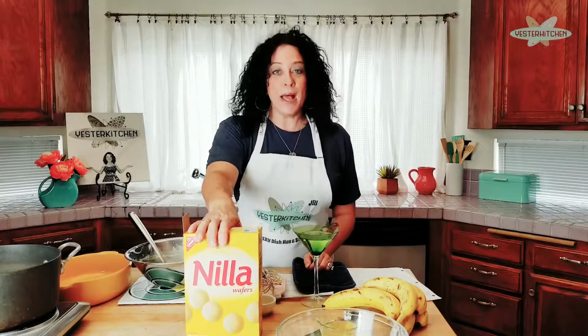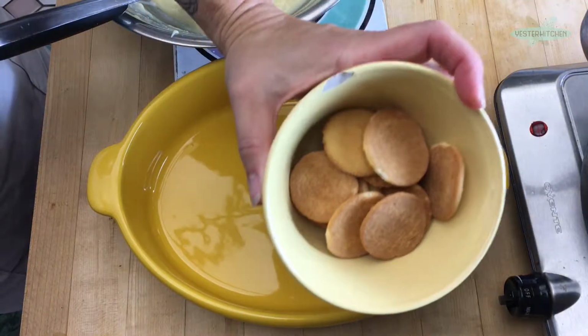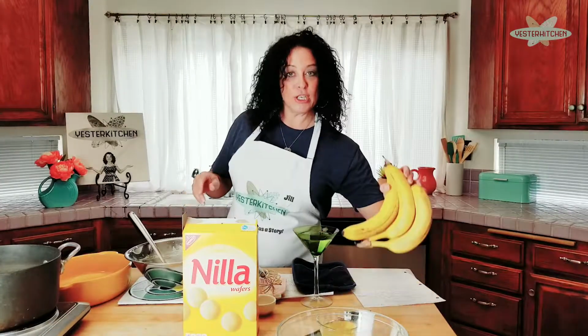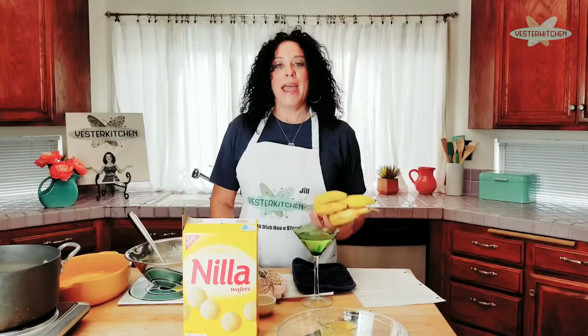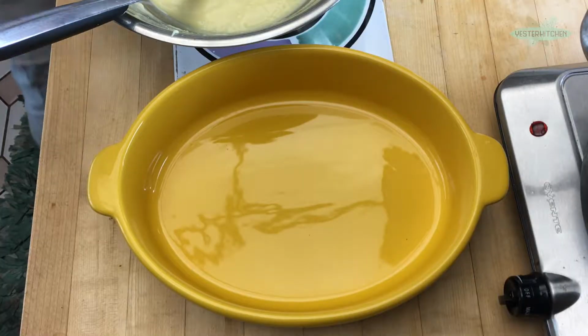So we have 1 box of vanilla wafers, and out of that I removed 12 because that's gonna be your garnish. And I have 5 bananas, and I'm actually gonna cut them as I use them for a couple reasons. First of all, they won't brown, and also in case I don't use them all, I won't throw away bananas because I'll have them in the skin. So what we're gonna do